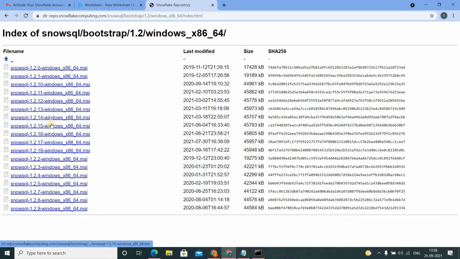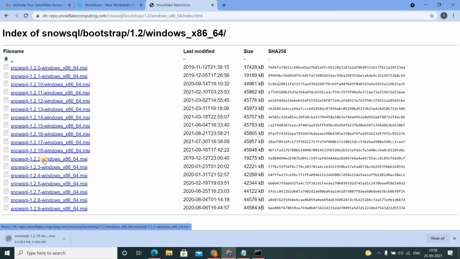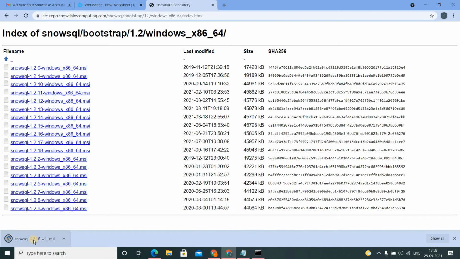Now we need to choose the latest CLI version. So I see the latest is 1.2.18. So I click here so that it will download to my local machine. Once this component is downloaded, I need to install it on my machine. Okay, it got downloaded.